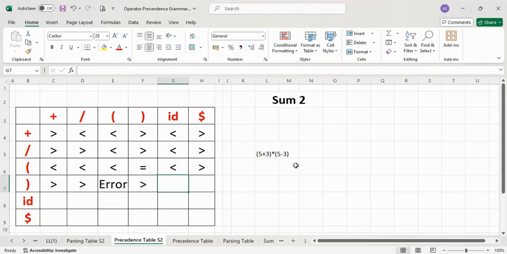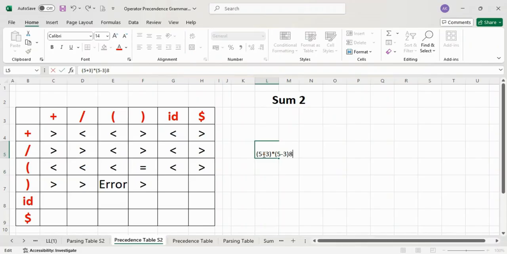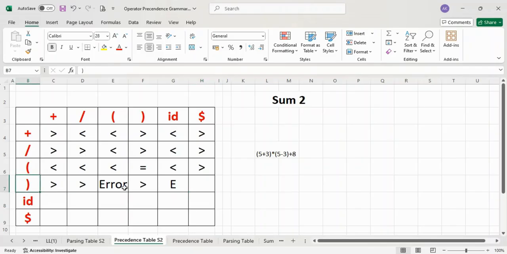Now, again, if you observe, suppose I have closed this expression over here, after closing, I cannot write a number over here. This closing bracket should be followed by some operator, then I can give a number or any ID. Hence, a closing bracket when followed by an ID, I will get an error. Closing and dollar, obviously closing will get a greater priority. ID has the highest priority, so I will give highest priority to ID.